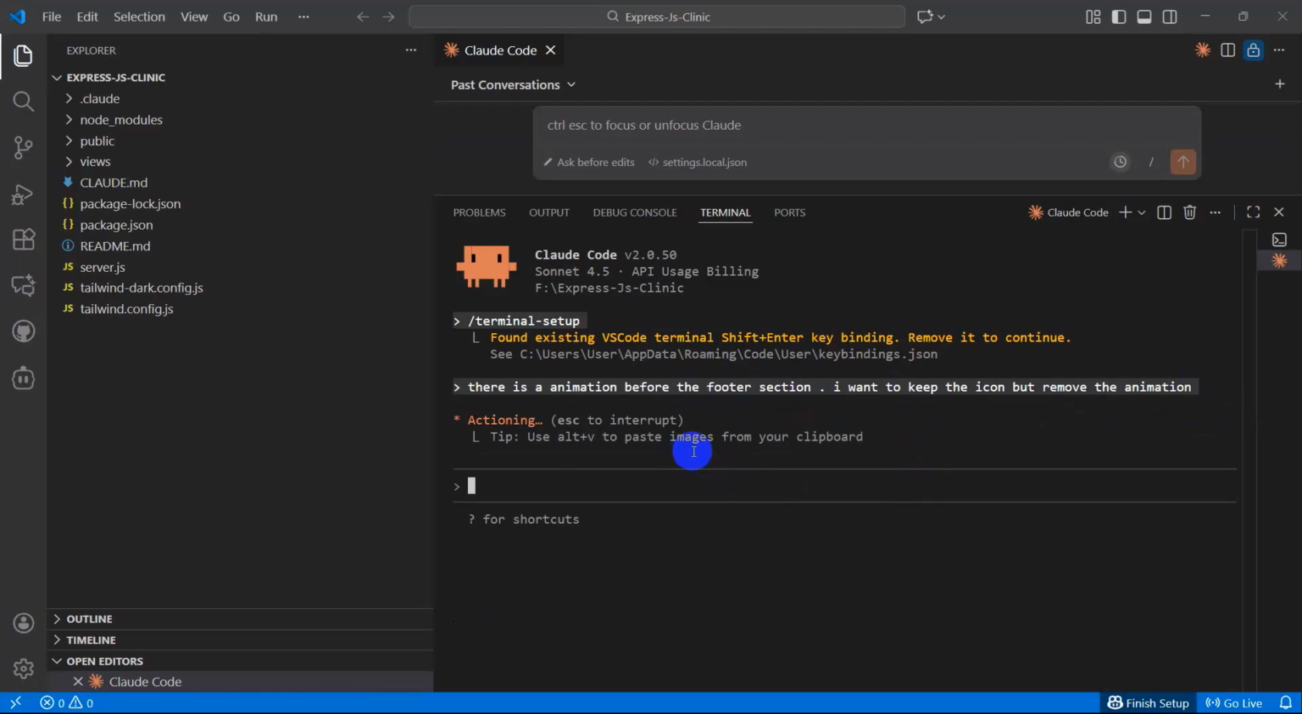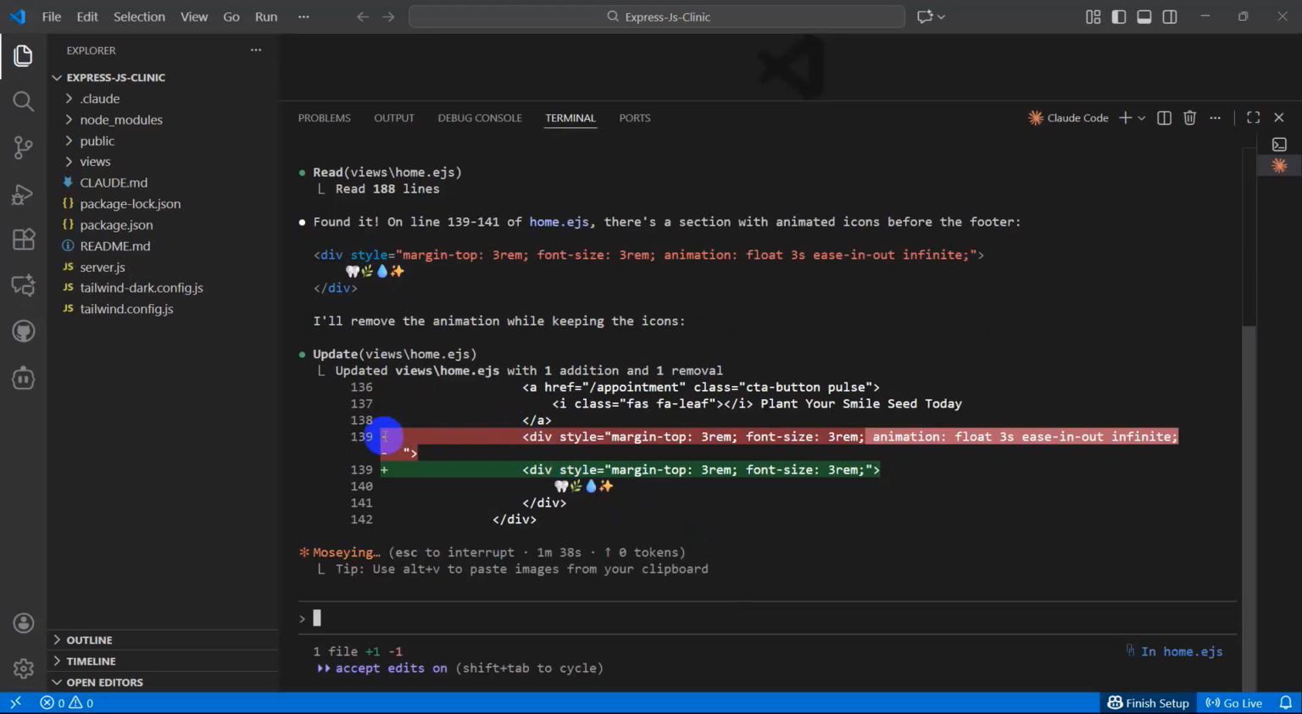So the more specific you are, the better. You should talk to Claude Code in such a way that you are talking with an engineer or a human. Okay. So there you can see it found the code in the home.ejs. So it will now modify the code